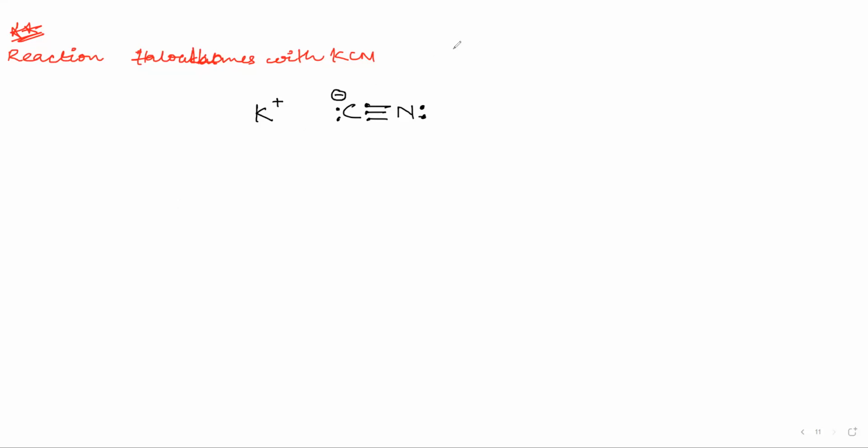Because now you tell me, carbon generally has how many bonds? It has 4 bonds and 4 valence electrons, right? So it should be having like this, 1, 2, 3, and 4. But this K has given it 1 more electron, and that is why this is negative. Do you understand till here? Yes, sir.